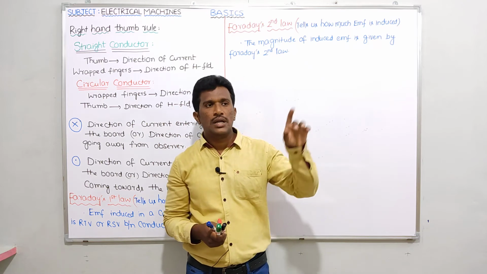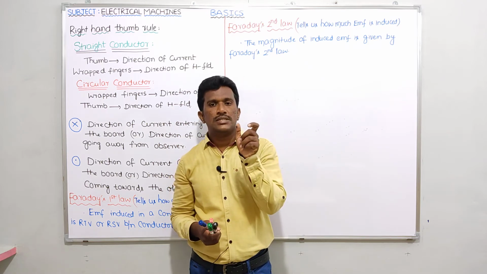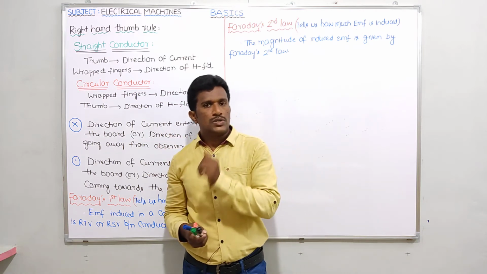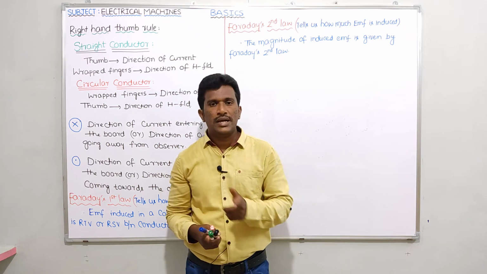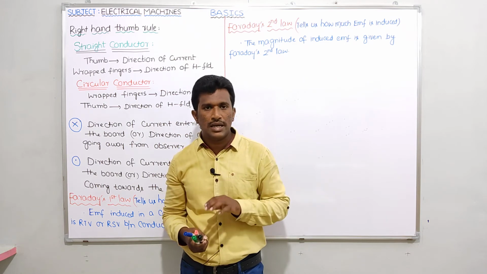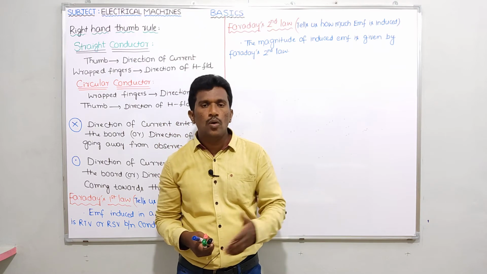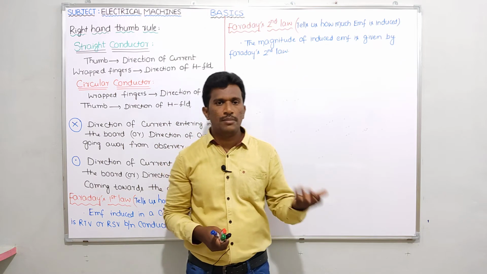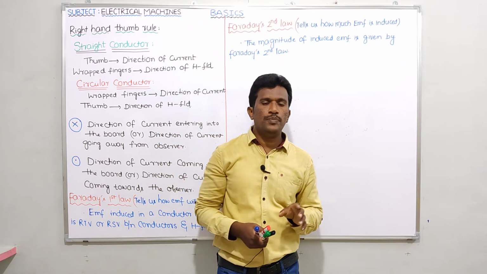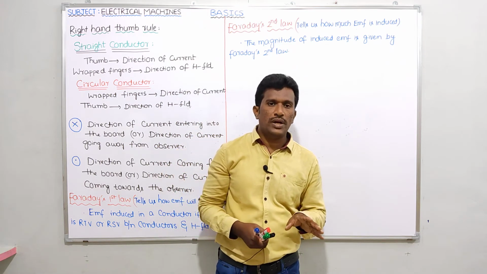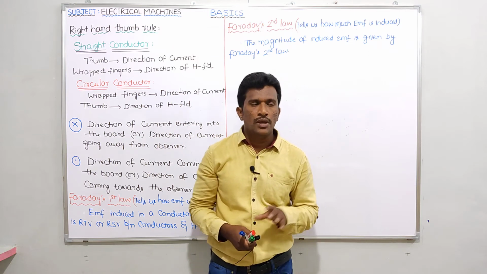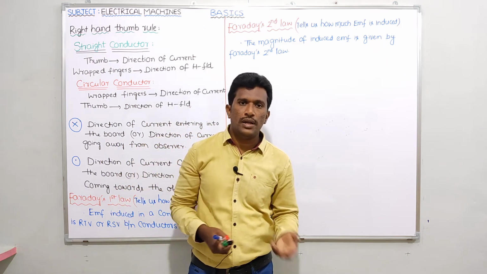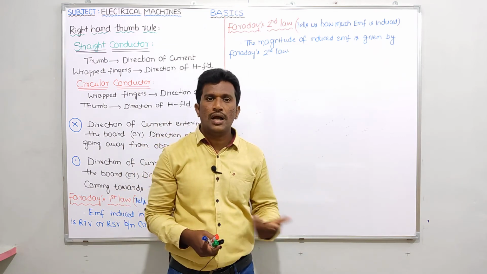Suppose in an examination they give: the correct nomenclature for windings in a transformer is option A, low voltage winding and high voltage winding, or option B, primary winding and secondary winding. You should go for option A. But in our discussion, we will be using primary winding and secondary winding. From an examination point of view, please remember low voltage winding and high voltage winding. So in a transformer, we will use primary and secondary winding, or low voltage and high voltage winding.